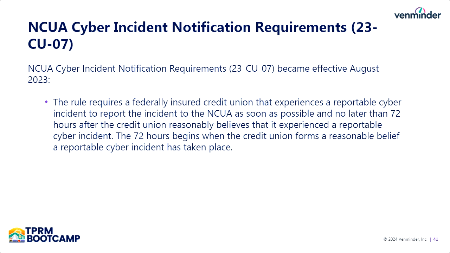In addition to financial institutions like traditional banks and other public companies, credit unions also have cybersecurity reporting requirements. The NCUA made their cyber incident notification requirements effective in August 2023. The NCUA's rule gives a shorter timeline of just 72 hours to report an incident. Similar to the other rules I mentioned, credit unions would have to report certain details like a description of the incident and what business functions or sensitive information was compromised. The rule also applies to any third-party cyber incidents and requires credit unions to document all incidents, even if they don't meet the NCUA's reporting criteria.